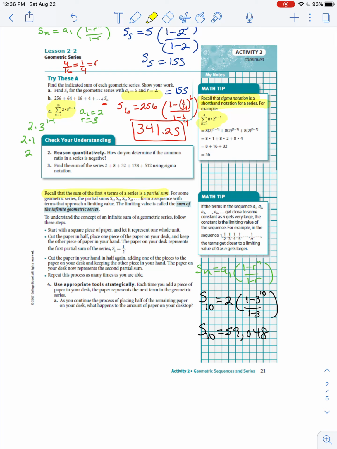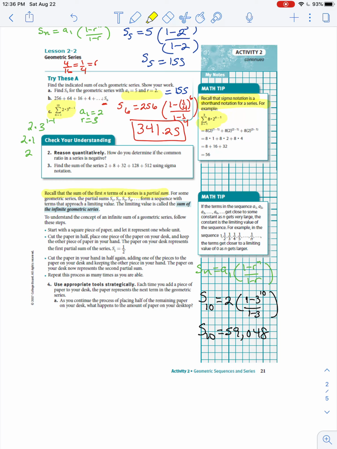For a geometric series, partial sums, S sub 1, S sub 2, S sub 3, S sub 4, form a sequence with terms that approach a limiting value. Like our answers that we got in those problems. And the limiting value is called the sum of the infinite geometric series. So we're going to start working on some infinite series problems, but just to get the idea of what an